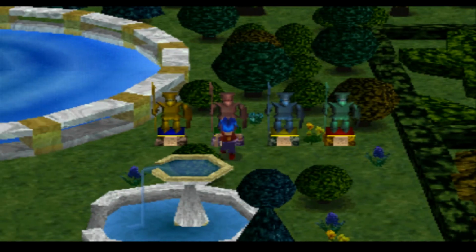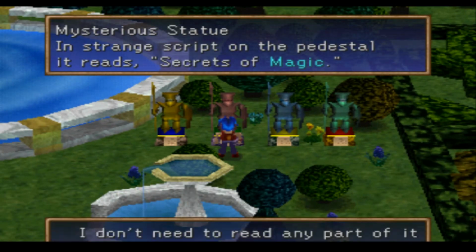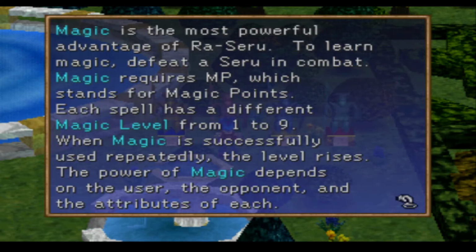All right. Secrets of Magic. About magic. Magic is the most powerful advantage of the raw Suro. To learn magic, defeat a Suro in combat. Magic requires MP, which stands...